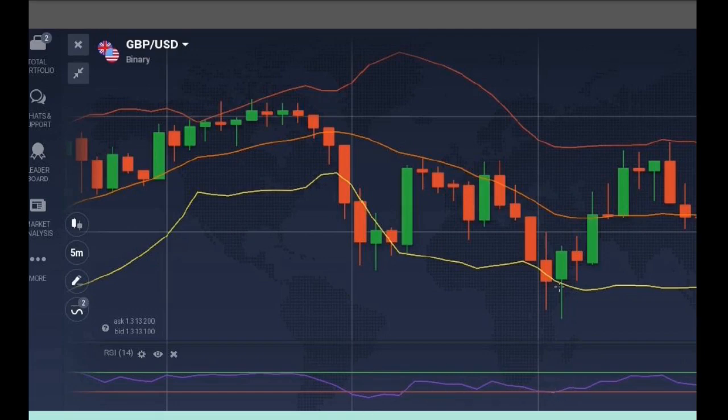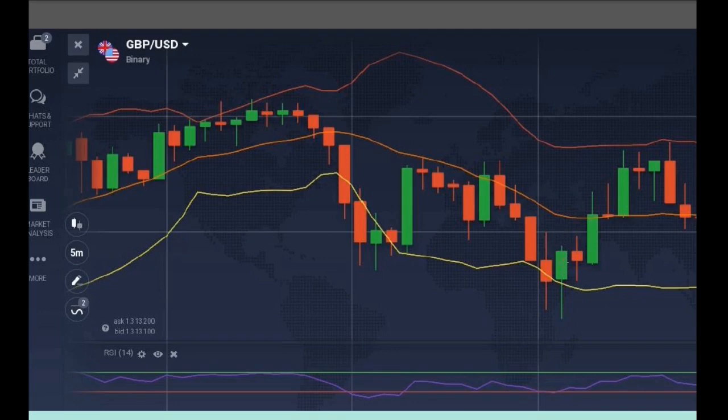This is a low, this is a high, this is a low, this is a higher low, whereas this formed a lower low. Price moved lower on the candlestick chart, whereas on the RSI, price moved higher. So a lower low is formed here on the chart, but a higher low is formed on the RSI chart, indicating divergence. So after divergence, you wait for a confirmation candle, this green confirmation candle, which is a strong